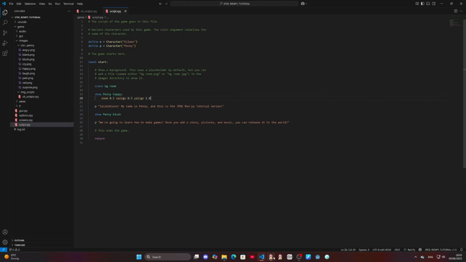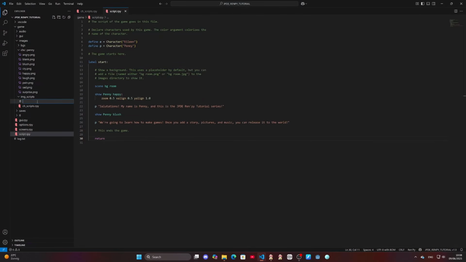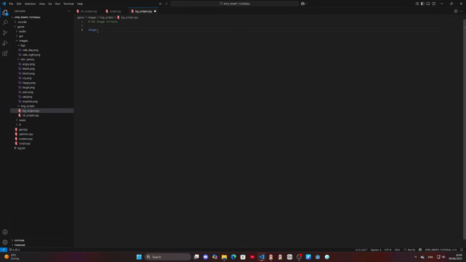To do that, we're going to need to define the images for the backgrounds the same way we define the images for Penny, but without expressions this time. We want them to be separate image objects. The process is the same, so I'm just gonna speed up through it. Drag a new folder with the new files to the directory under images. Then we create a new images file just for backgrounds. We define the new images